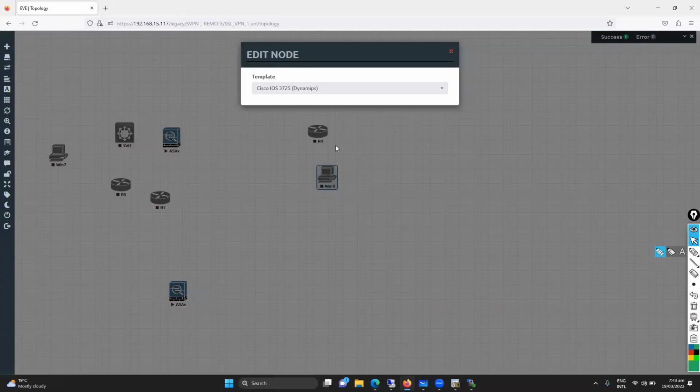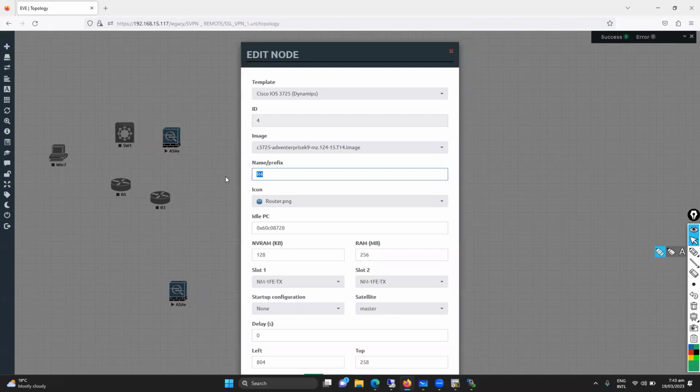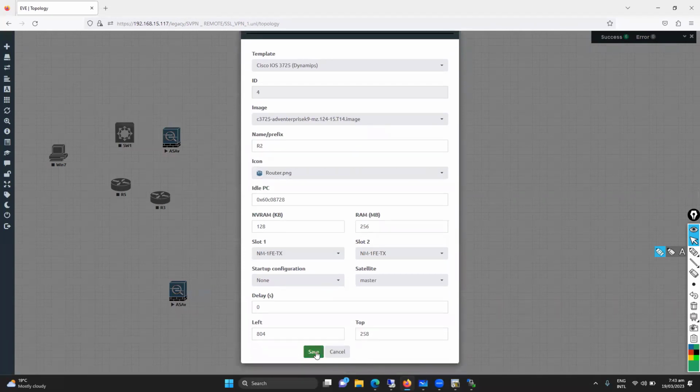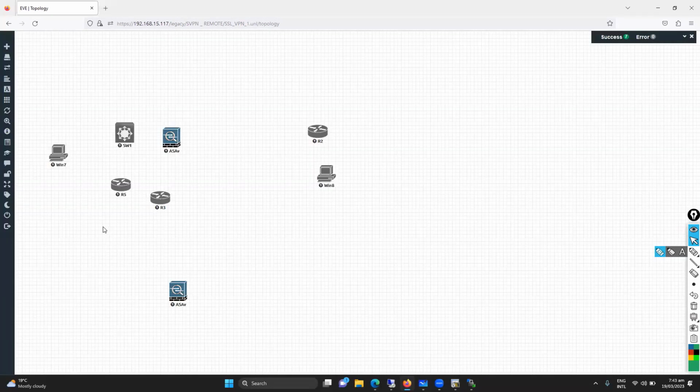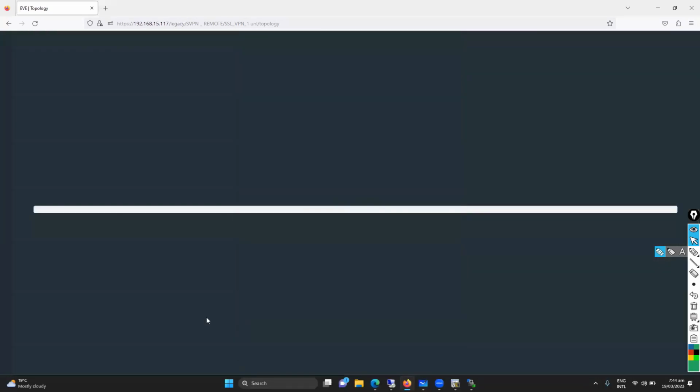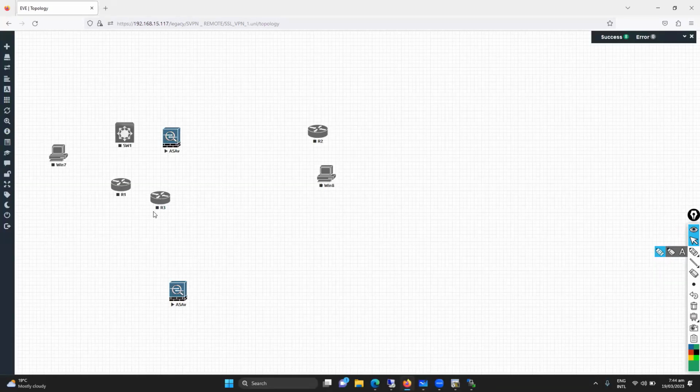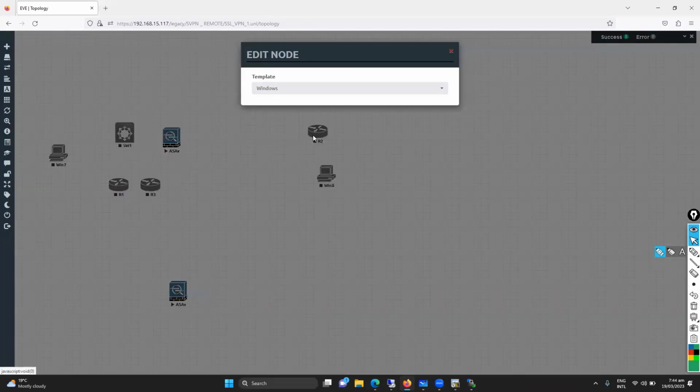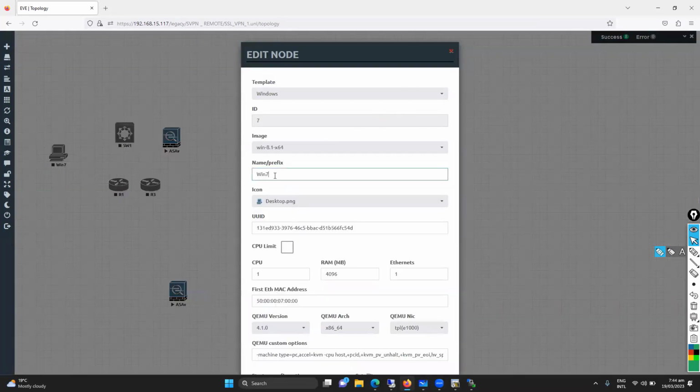So we can rename the devices as per my topology, because here I'll be using router 2 as per my topology here. And there is a router 1. So I'm going to change this to router 1. Change the host name to router 1. And then you can see that this is my router 3, router 1. And the Windows hosts, I'll change the host names as PC1 and PC2. So the PC1 will be my